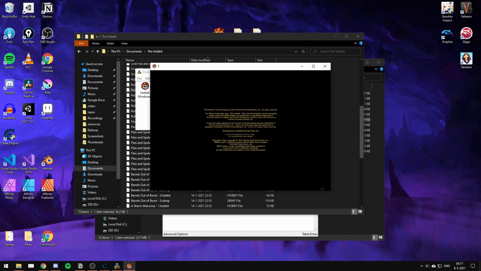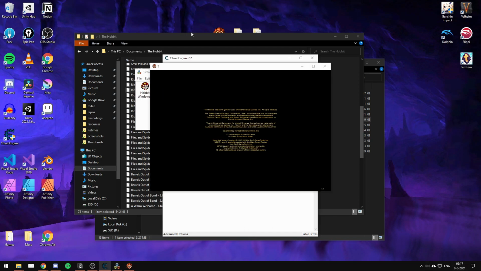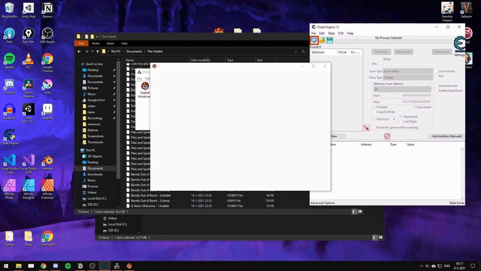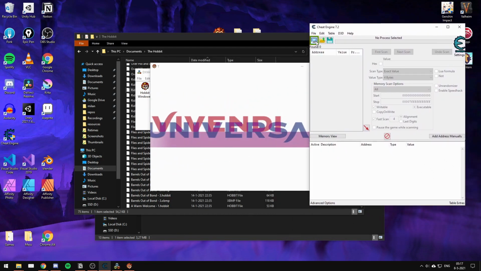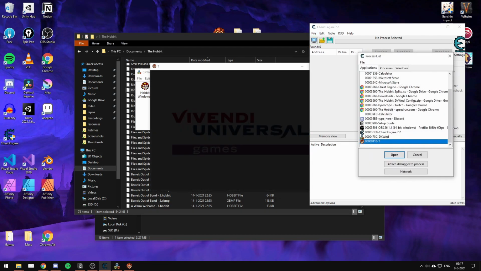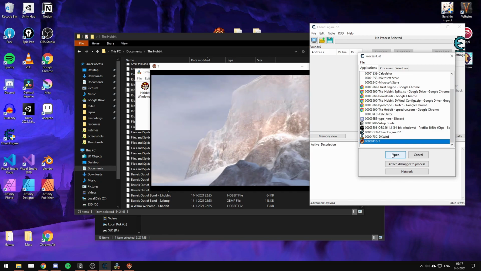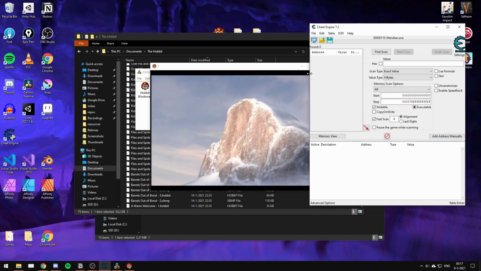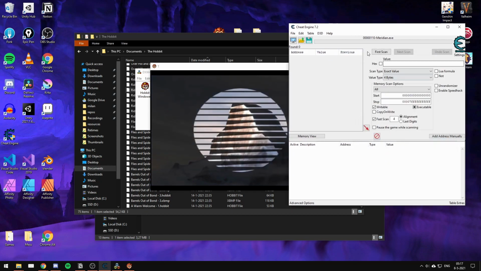Now, while our game is running, this is important, we're going to go into Cheat Engine, and we're going to hit this computer icon with the magnifying glass in the top left, and we're going to look for our Hobbit process. You can see the icon here. Just going to hit Open, and now Cheat Engine is hooked into it, so it can change stuff within the